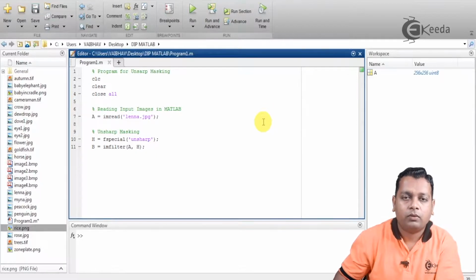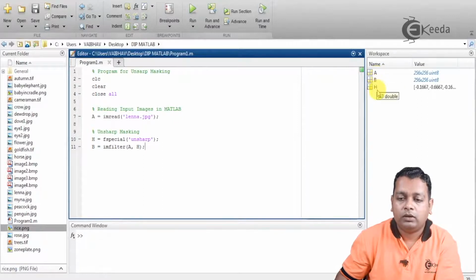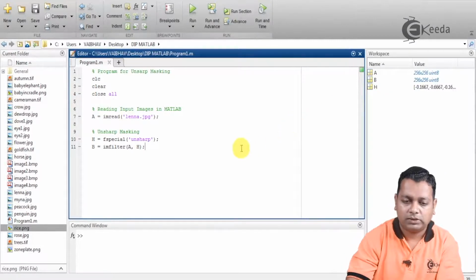Let us check by saving whether B is generated or not. Yes, in the workspace we have the input image A, the unsharp mask H, and B, which is the output image after unsharp masking.